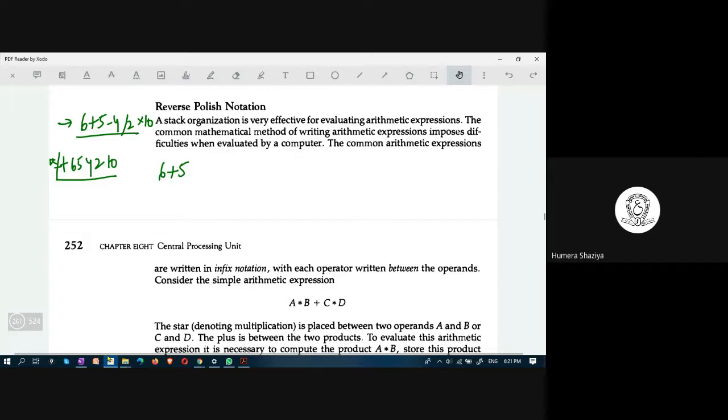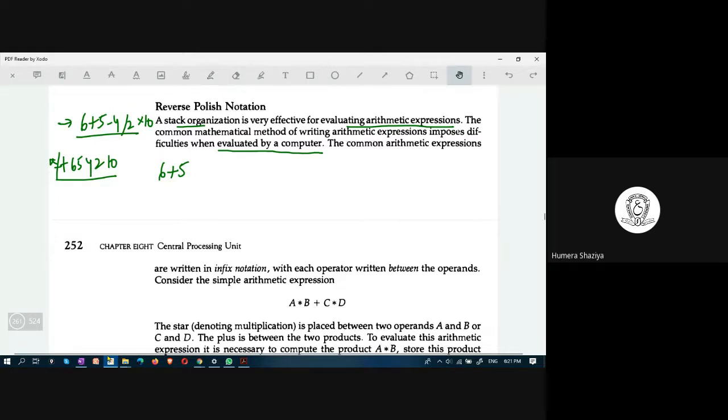The primary purpose of stack organization is also the evaluation of arithmetic expressions. The common infix notation is pretty difficult when evaluated by a computer system.